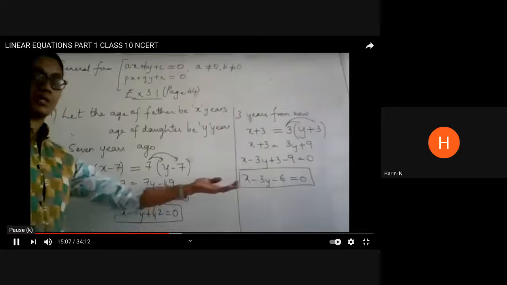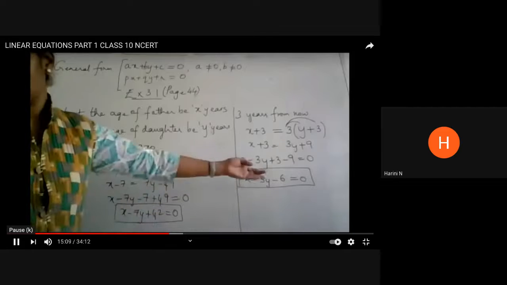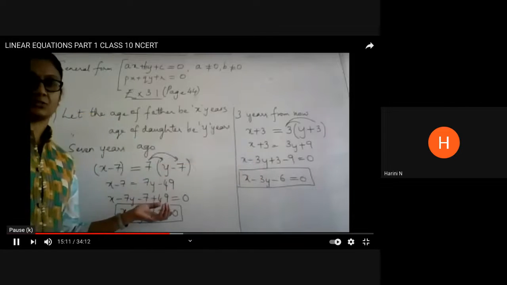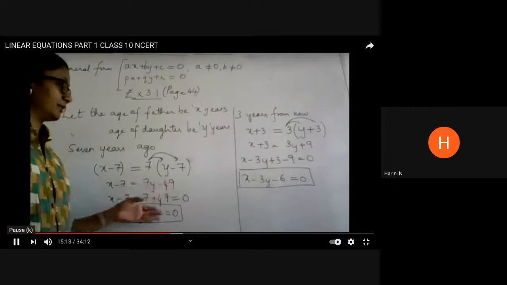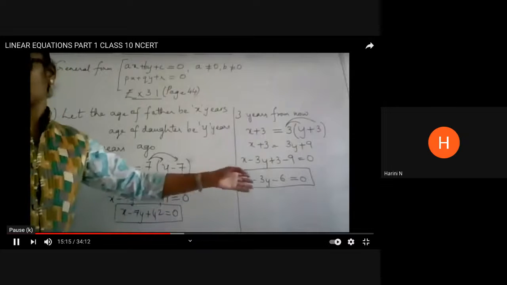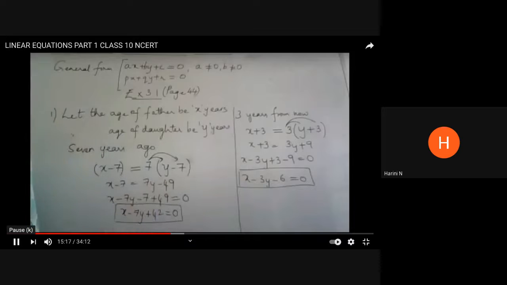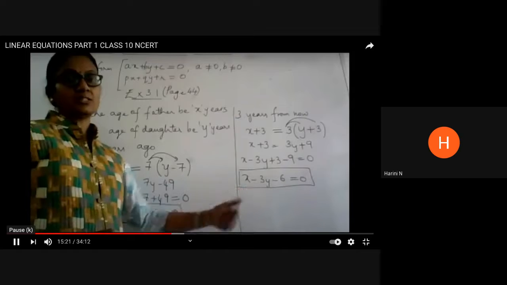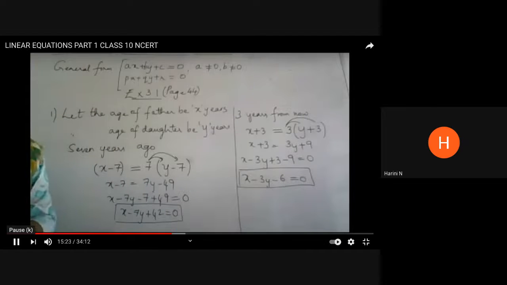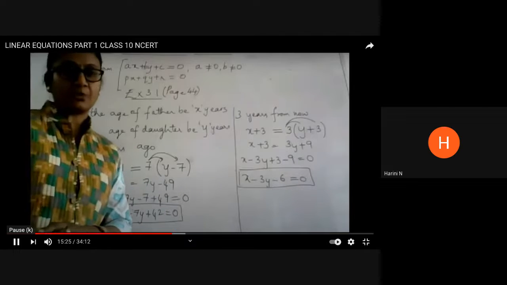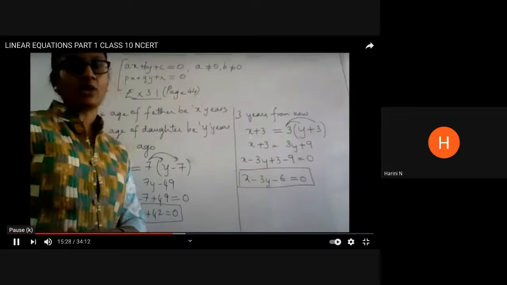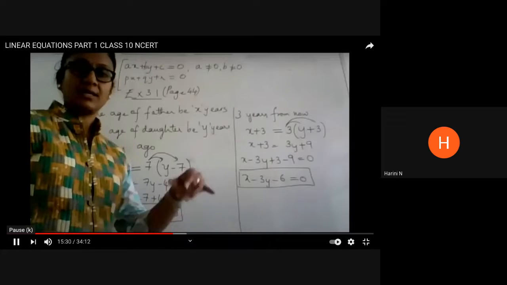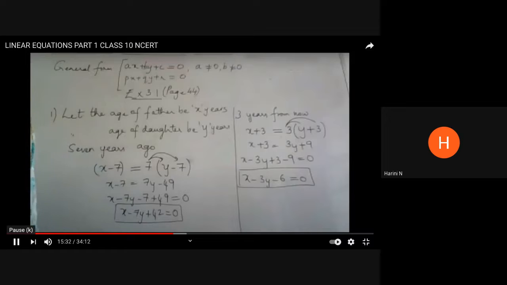So you can take this down now. So this is the algebraic way of representing the situation. Next we will take up the geometrical representation or the graphical representation of this. That I shall take a little later. So you write this down, the two equations are ready. Then you have to show it graphically, which I will postpone for a little while, because I want to bring all the equations in all the 3 problems. Then we will shift to the graphical solution.